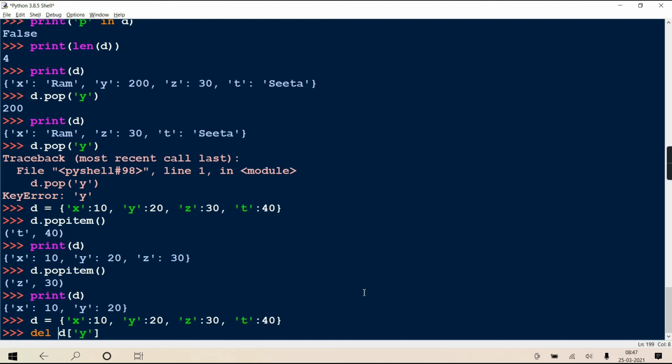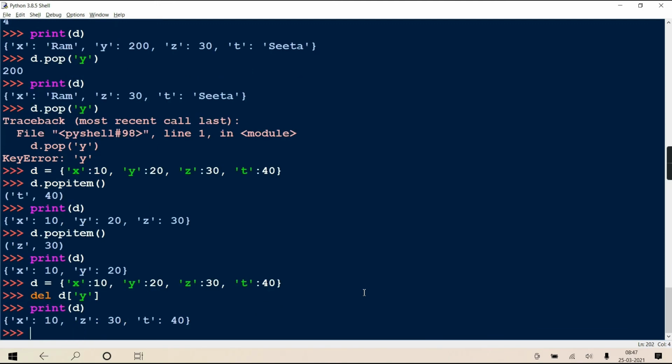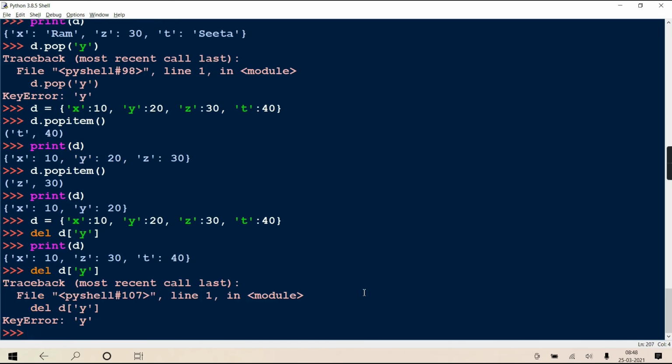So if I write del d['y'], which we have done in the case of list. In the case of list also we have used this del statement: del list_object[index]. Here in square brackets, the key. It's deleted. Now if you check your dictionary, this y won't be there. Getting? That y element is gone. So that provision is there. Here also, if I do del d['y'] now, it will generate a KeyError because it is already deleted, and now if you try to delete again, it will give an error. See, KeyError.